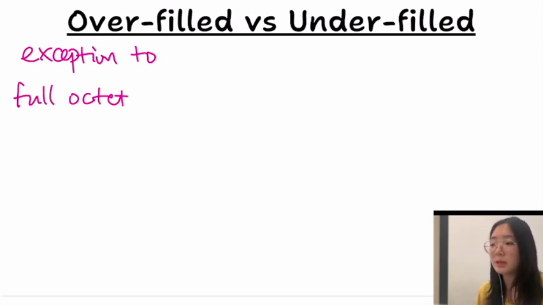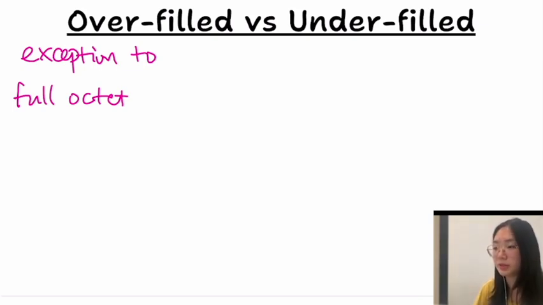The thing is, sometimes for some molecules, it's just impossible to arrange electrons in a way that they achieve the full octet state. There are just way too many electrons or way too few electrons. Then for these molecules, we're going to allow for an overfilled octet or underfilled octet, which means even though the number of valence electrons is not 8, we still consider it to be as stable as the octet state. So underfilled usually occurs when the central atom is a group 2 or group 3 element,